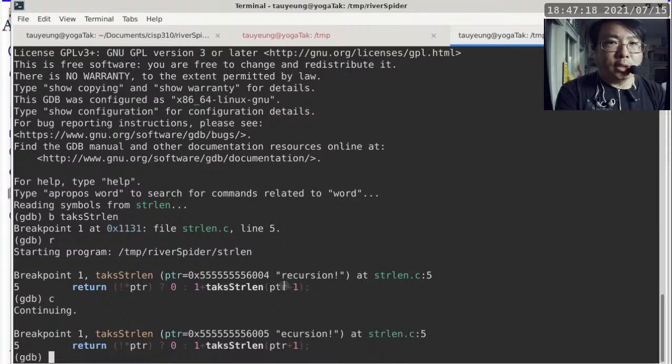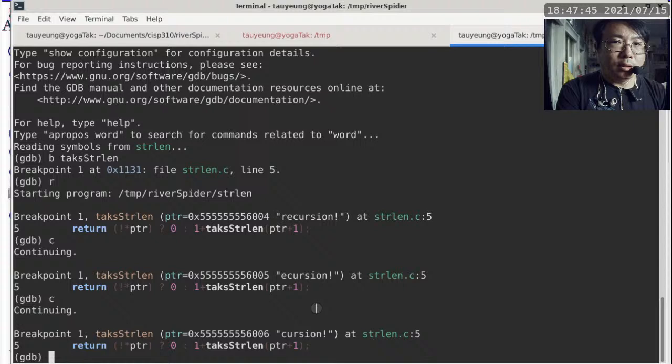You can see how the string is, instead of at the address ending with 4, it is now at the address ending with 5. And you can also see, in terms of looking at it as a literal string, it is no longer recursion. Instead, it is ecursion, because the R is not pointed to by this pointer anymore. We advanced the pointer to point to the next character. And then we keep going, going,